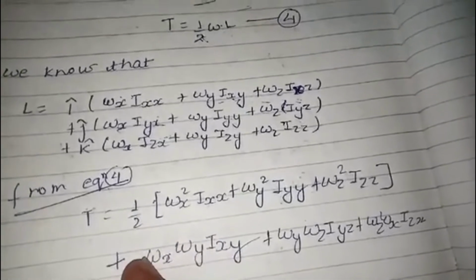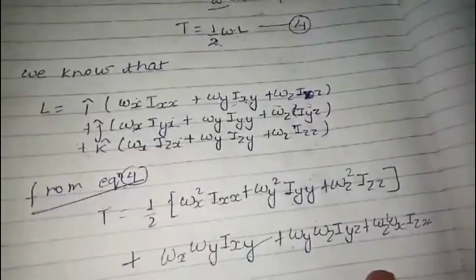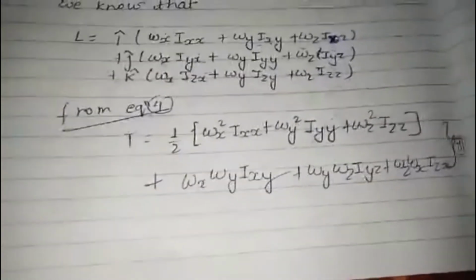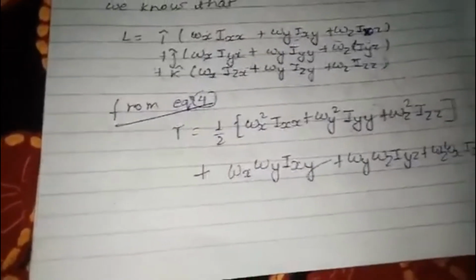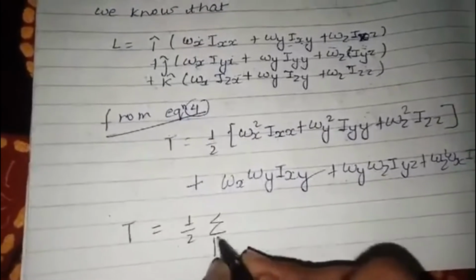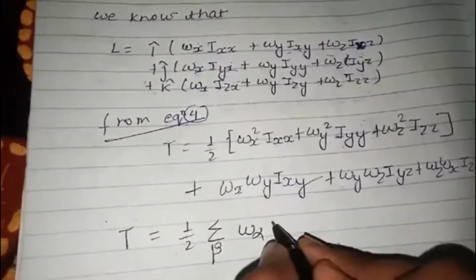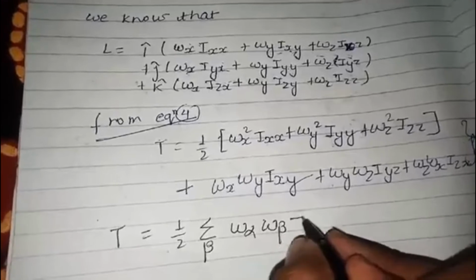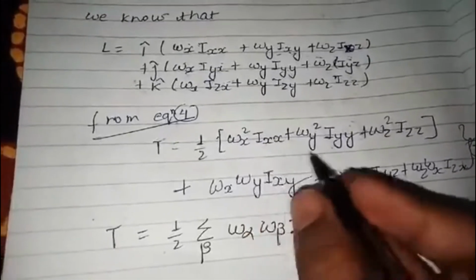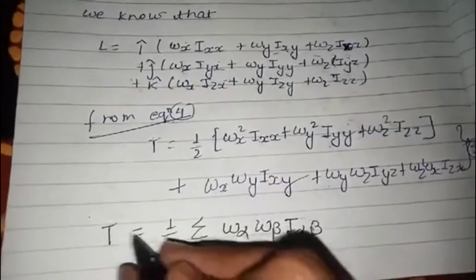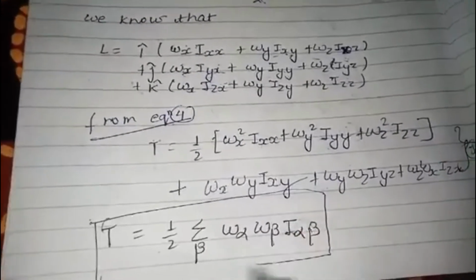यहाँ पर इसके कोफिशिएंट में 2 आएगा, ये 2 से ये 2 कैंसिल हो जाएगा। सो इसे हम क्वेश्चन नंबर 5 दे देते हैं। अब इसे कॉम्पैक्ट फॉर्म में लिखेंगे। अब हमारा लास्ट मूव, T इज इक्वल टू हाफ ऑफ सिग्मा बीटा ओमेगा अल्फ़ा, ओमेगा बीटा I अल्फ़ा बीटा। ये इसकी कॉम्पैक्ट फॉर्म हो जाएगी। सो ये आपका है काइनेटिक एनर्जी फॉर रिजिड बॉडीज।